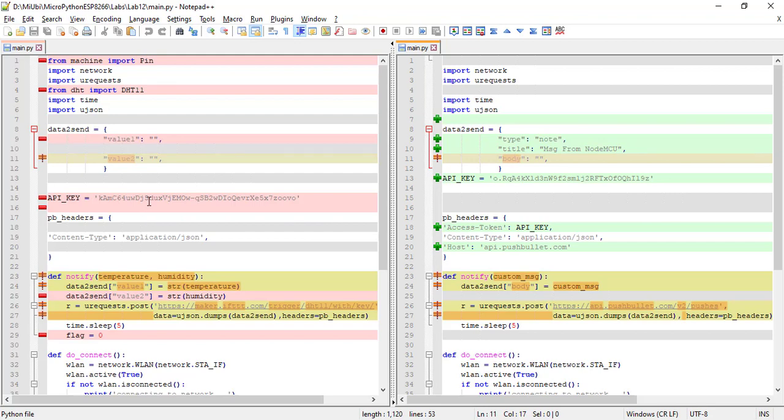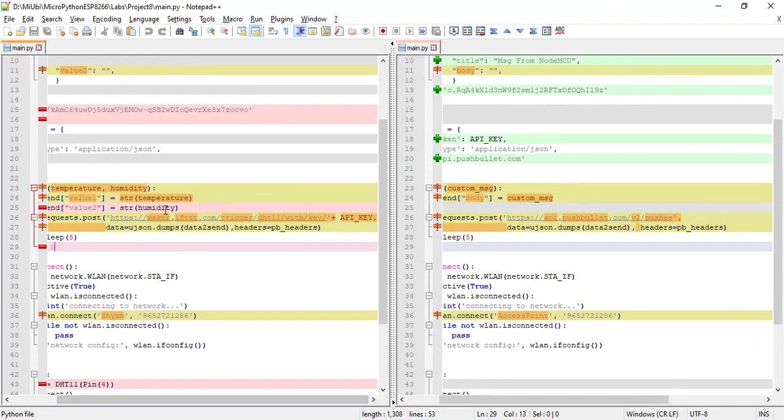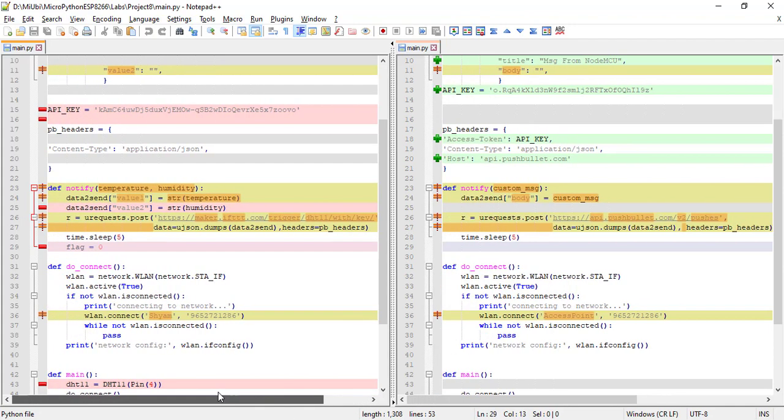The only change I have made is that I have changed the variable names, and also in the notify, what is the data to be sent here? I want to send temperature and humidity. So I have just converted them and loaded them in the variable names value 1 and value 2. And when you see the posting, I just copied the same URL shown in the webhooks interface when we went to settings, if you remember, and we have added the API key in the same URL, and we are trying to send this temperature and humidity data.